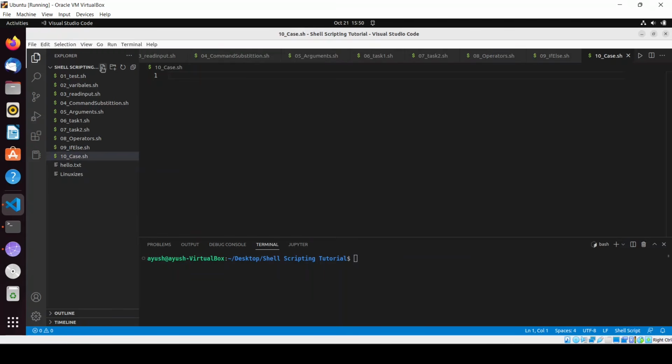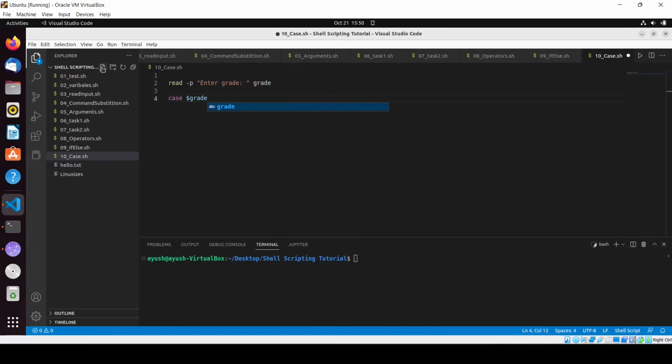Okay, so I will take the example of a grading system. If the grade is A, then that will be very good. Like we will print something out, enter grade. I will write it like this, and I will create a variable grade. And how will we use it? We will use case